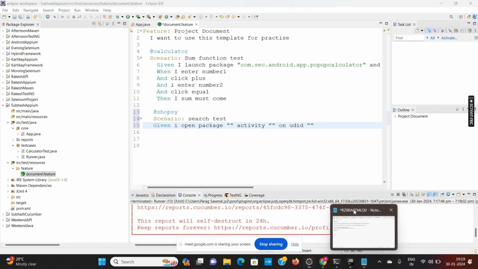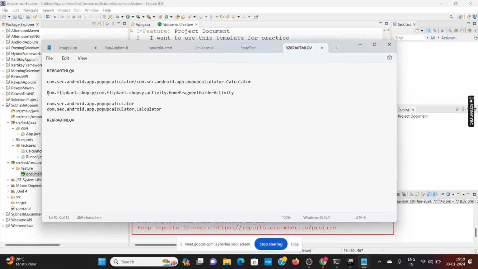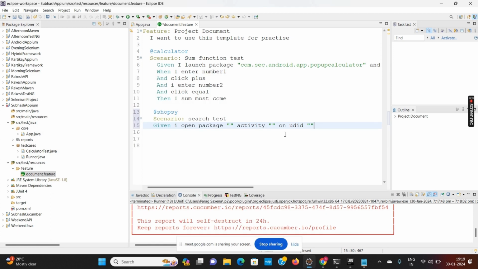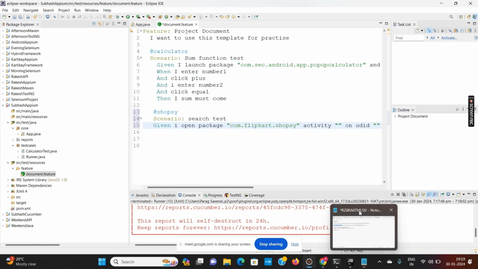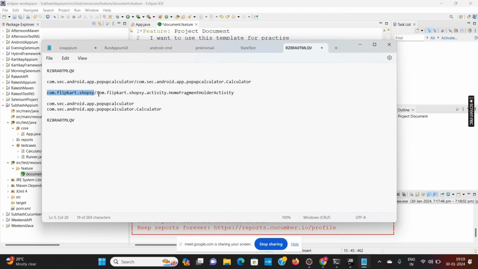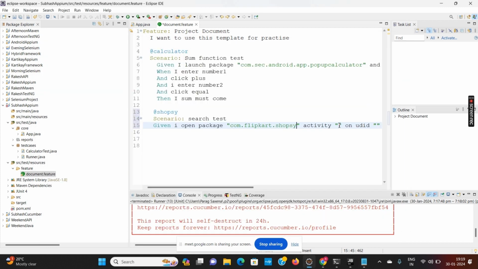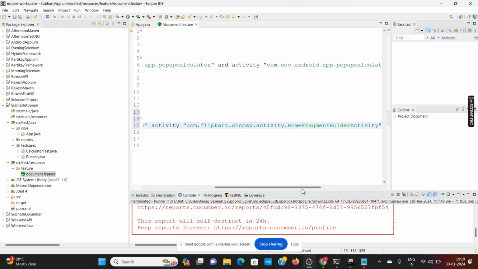I had also taken the Flipkart Shopsy project, so hybrid project or native project, again package name, activity name, and the UDID is the same.